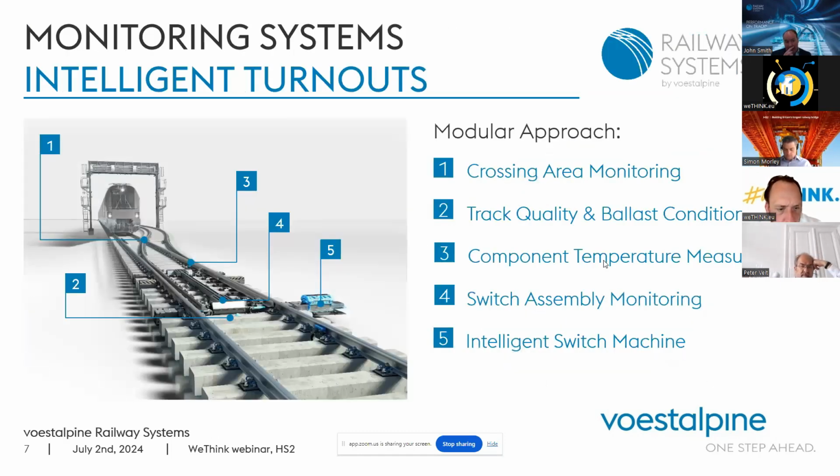So just looking in a little bit more detail now at the monitoring system. For many years, and many of you will be familiar, monitoring in switch machines has been used on railways to provide this kind of condition information that we're looking for. And they're very, very effective solutions, particularly at understanding condition of the point operating asset itself. So for example, motor condition or condition of the hydraulic system in the use of electro-hydraulic switch machines, and failure